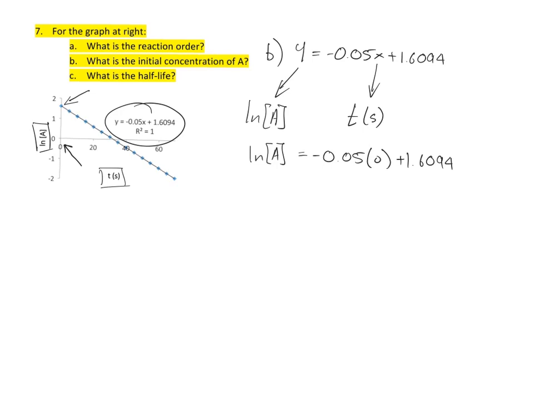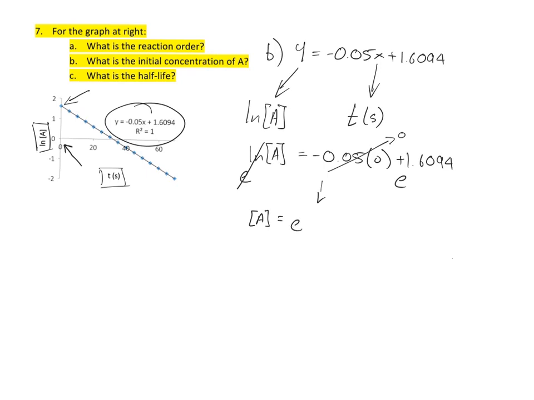Now we have to solve for A, of course, and the way we undo ln's is we raise e to the power of the ln, and that cancels the ln function. Over here on the right side, this is just multiplied by 0, so this is going to go to 0. So we only have 1.6094 on the right. But since we raised ln of A to the e, we have to raise this to the e power as well. And so what we're left with is the concentration of A